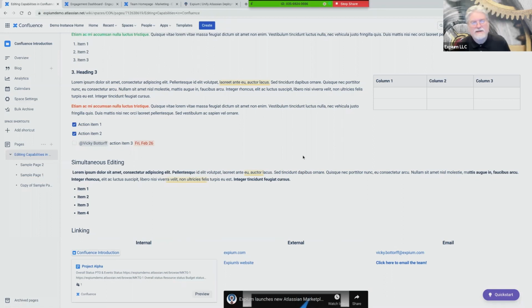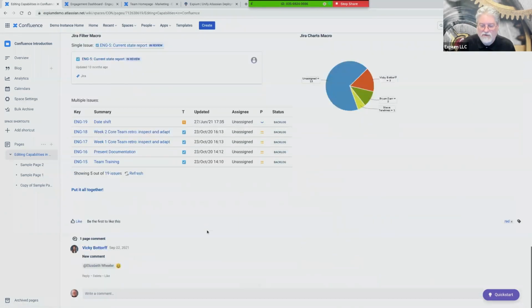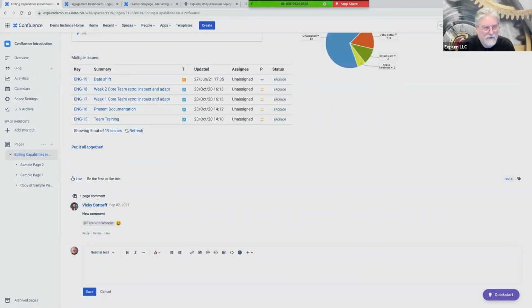And what comments can help you do, let me show you the other place where comments are, by the way, and talk about comments more. Comments can also be used to kind of limit the amount of email that you might be getting, so you can declutter your inboxes, really reserve your email for client communications maybe, which is kind of what it was originally designed for. And so this is the other place to comment. So if you want to comment inline, or if you want to comment at the bottom of the page,